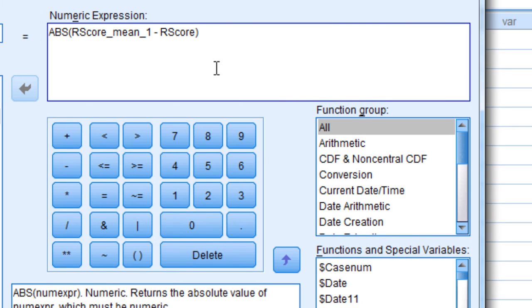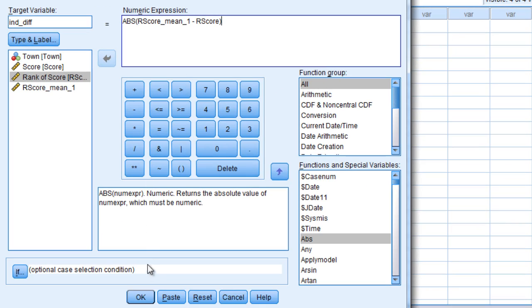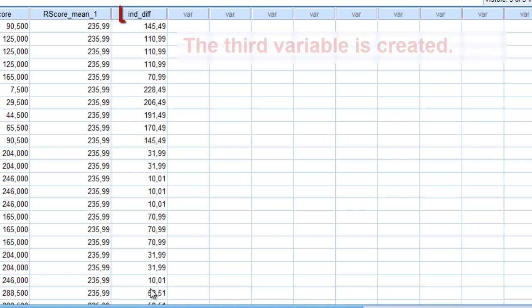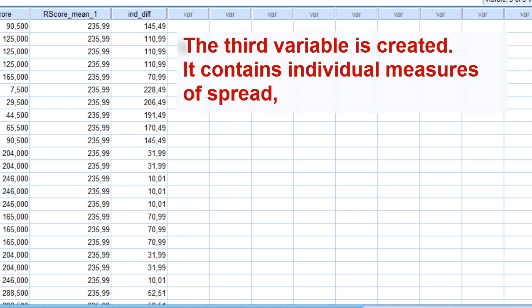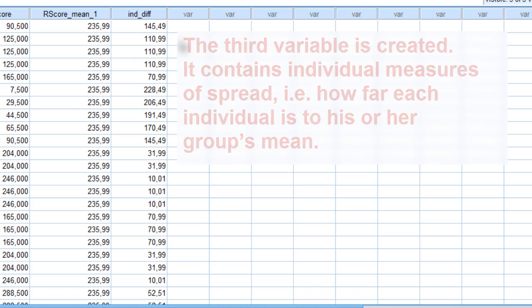And as you can see, the expression will change. You have now instructed SPSS to transform all results to absolute values. Click OK and the third variable is now created, and it contains individual measures of spread, i.e. how far each individual is to his or her group's mean.